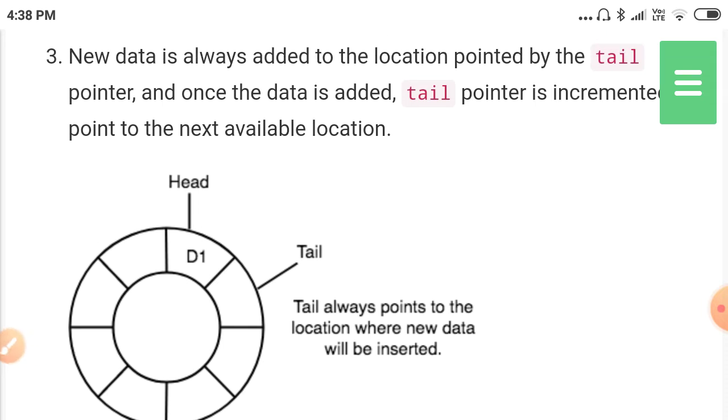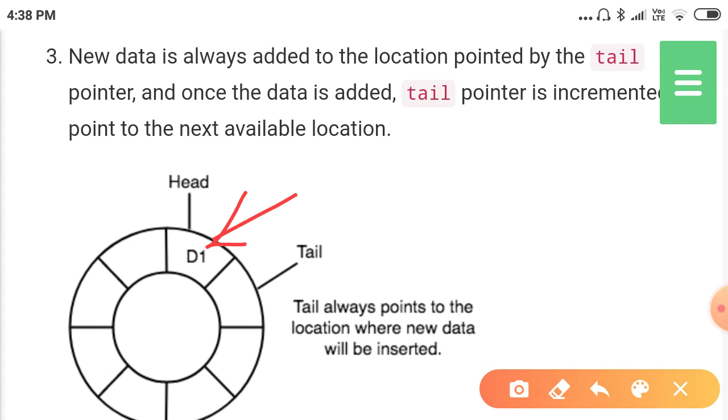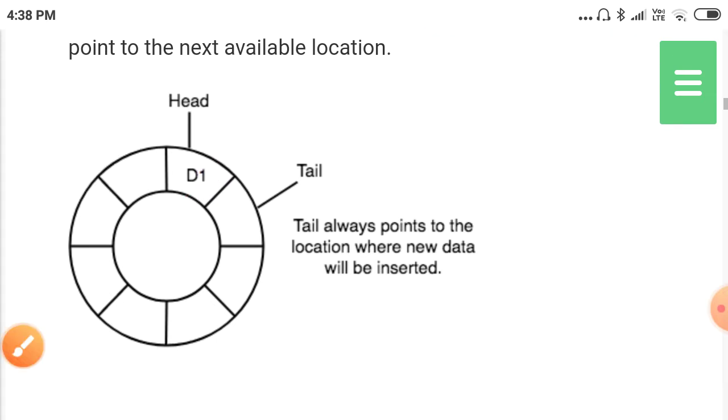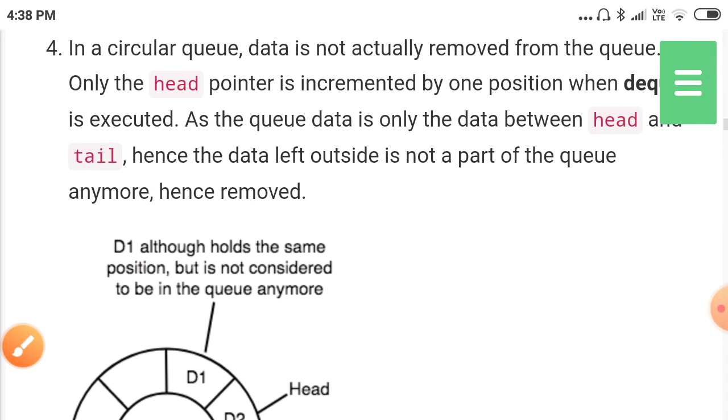Previously both head and tail pointed to the same location; once the element is inserted, the tail pointer is incremented by 1.